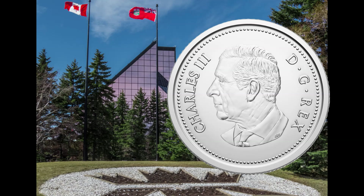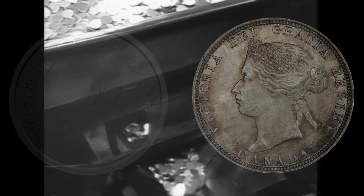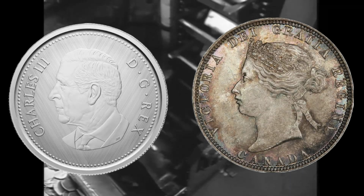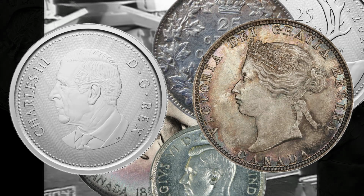The event took place on the King's 75th birthday and included the first strike of new circulation coins bearing his portrait. The obverse of the 2023 25-cent coin now features King Charles III, marking the first time his likeness appears on Canadian currency. The issuance of these coins signifies not just a change in the monarchy but a continuity of Canadian identity through its coinage. From Queen Victoria to King Charles III, the Canadian 25-cent coin has evolved in design and composition while capturing significant